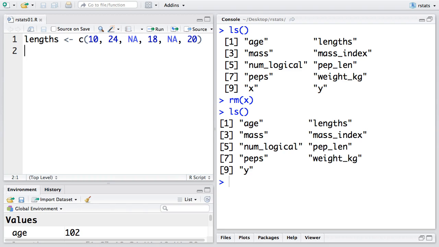But storing everything and loading everything is not a way to have reproducible research, because you don't know how these variables were created. If you want to know what happened in the past, you need to write it in an R script. But there is actually a second way to implement reproducible research,